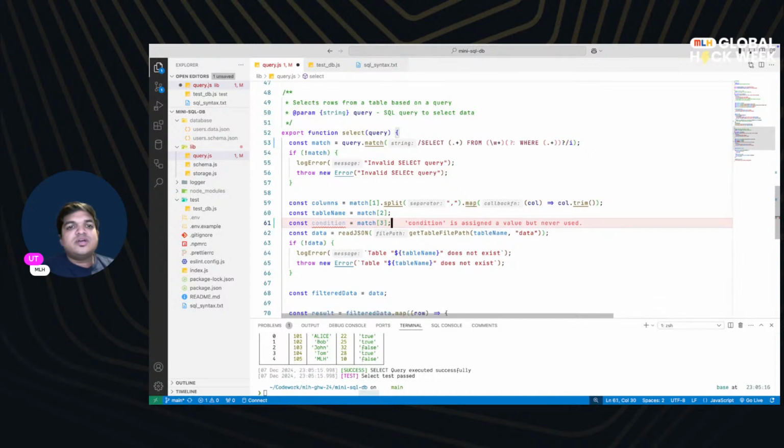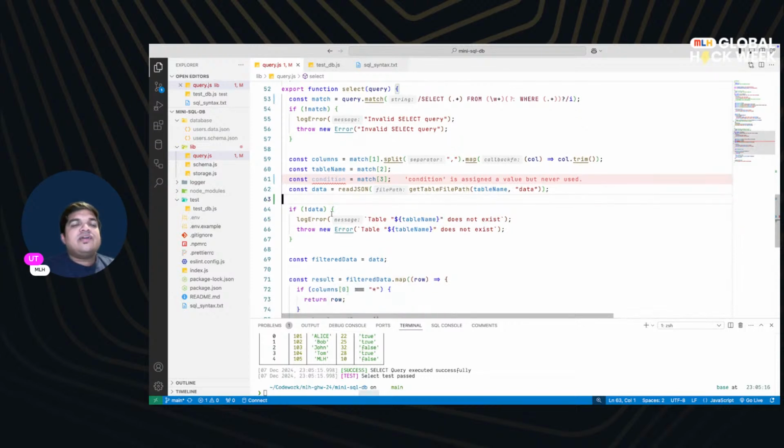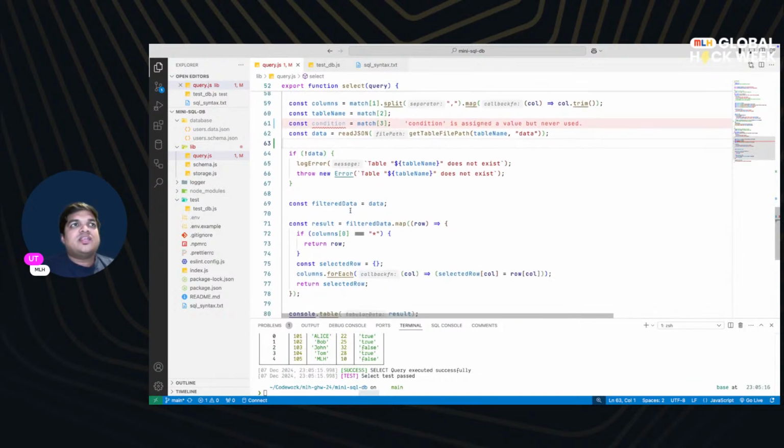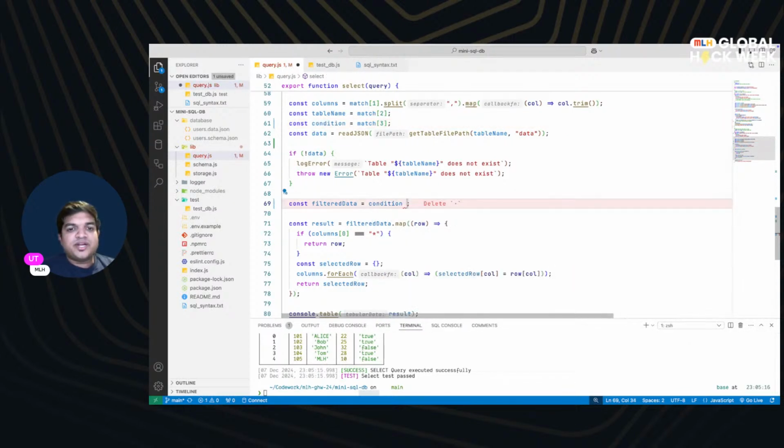Okay, I think this should work. So condition is the third part of the match that would come in, and the data is still fine. If not data, then we'll of course log some errors. Now the filtered data is where things will get a bit interesting. For filtered data, if the condition exists, in that case,